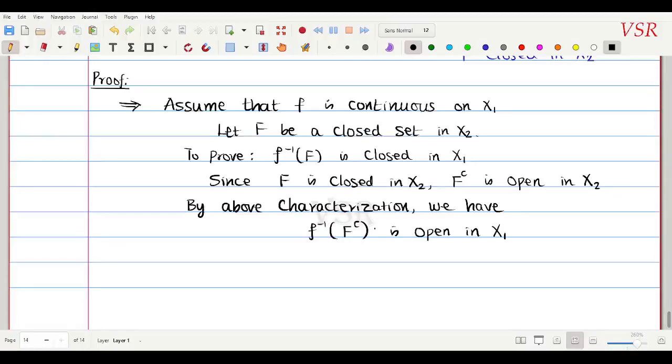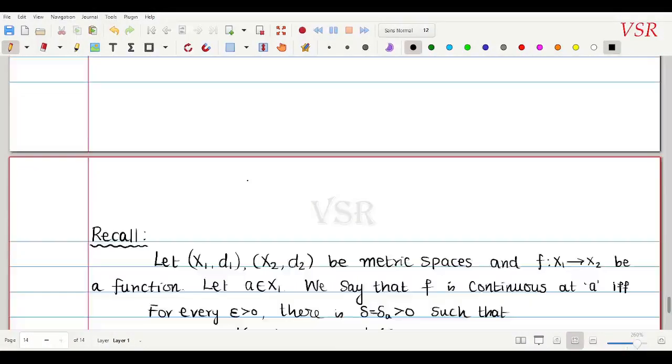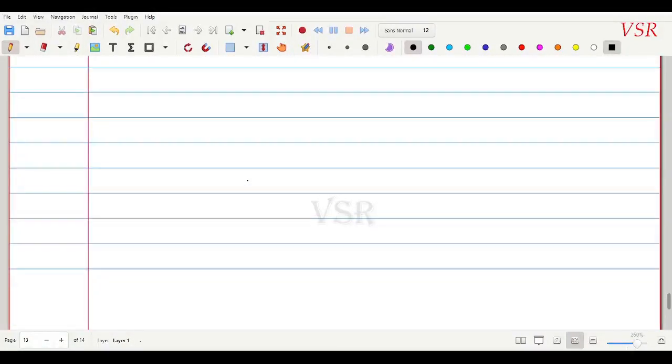Okay, and now let us prove what is this F inverse of F complement. இது என்ன அப்படிங்கறத prove பண்ணிக்கணுமா? This is nothing but F inverse of capital F the whole complement. என்ன சார் இது புதுசா இருக்கு அப்படின்னா, I will prove this later. சரி, இப்போ இதை ப்ரூஃப் பண்ணலாம். Let us prove,